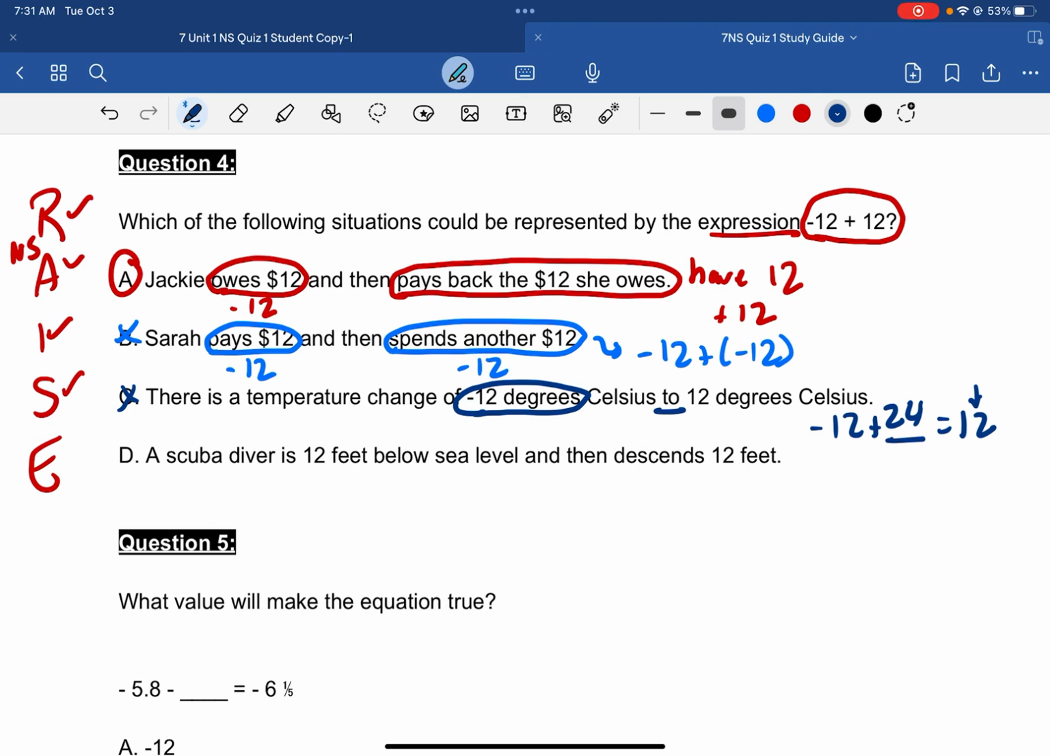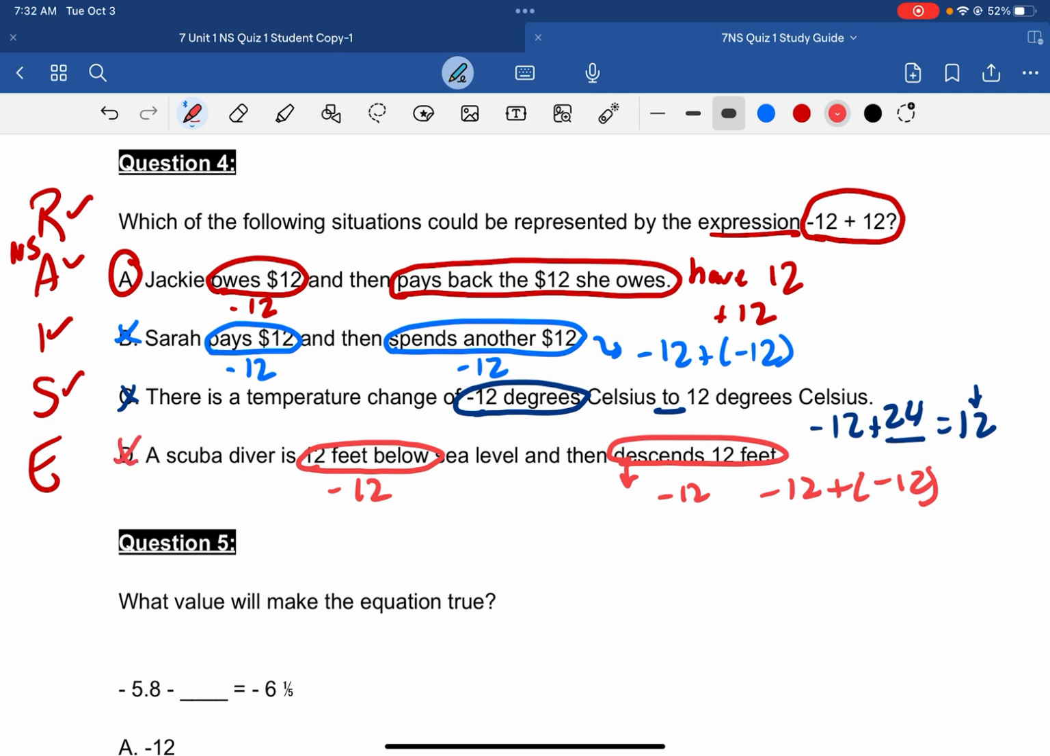And choice D, a scuba diver is 12 feet below sea level. So 12 feet below sea level, right away, that's negative 12, and then descends 12 feet. That word descend means to go down, and since we're going down, it means negative 12. This would be negative 12 plus negative 12, which again is not what we're looking for,